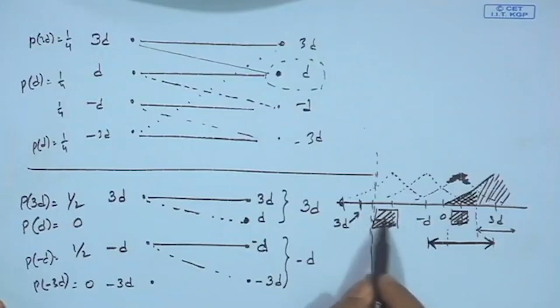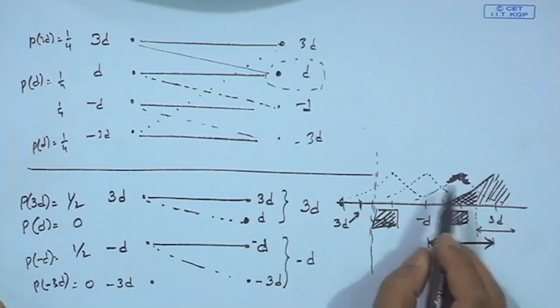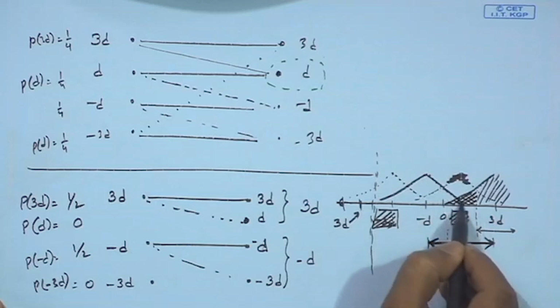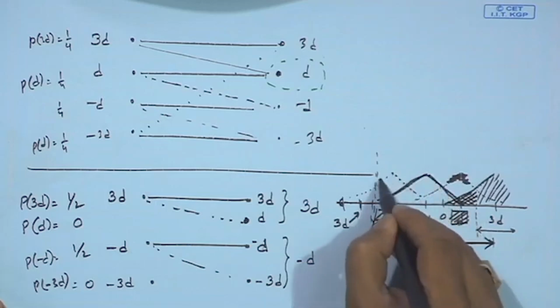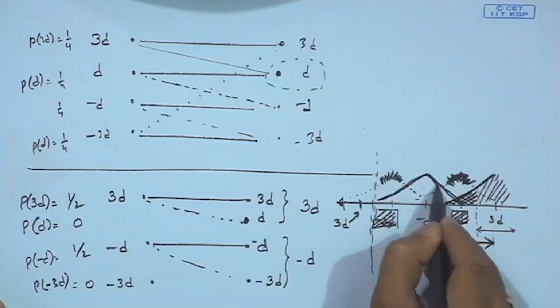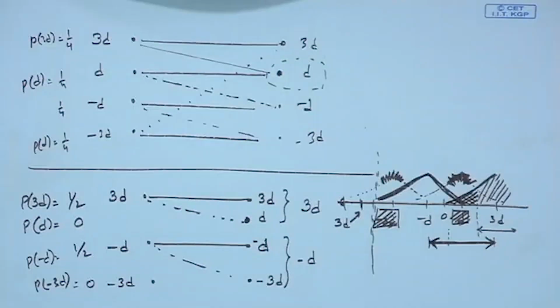So, again when minus D is sent, since 3D is not sent over here, the probability of this becoming minus 3D is very less, and the probability of it becoming 3D is also very less, because now the conditional probability matrix is going away like this. So, this is gone and this is gone. You are left with this and this only, right. Since the constellations are sufficiently spaced apart, the probability of errors has been reduced by appropriate choice of constellation. So, we have reduced the possible constellation.